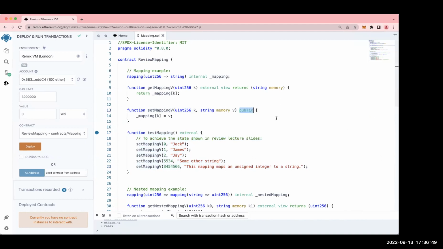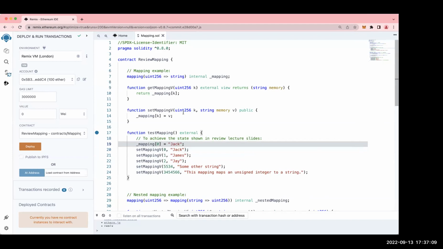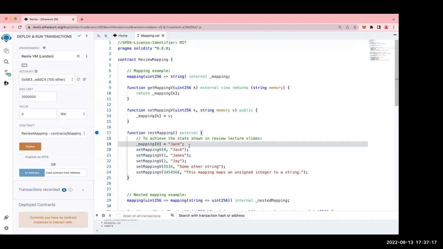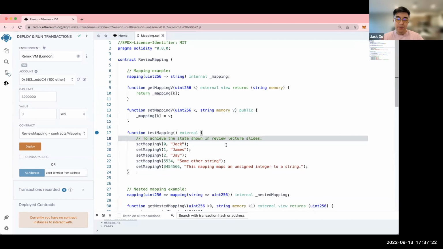Yeah, but is there a way to set 0 as the key and Jack as the value by just using brackets? Yeah, it's basically that. You don't need to use this setter. If you look at this, you're really just plugging in the values to this. I'm just using this because I want to test things out. I'm just recreating the state real quick.